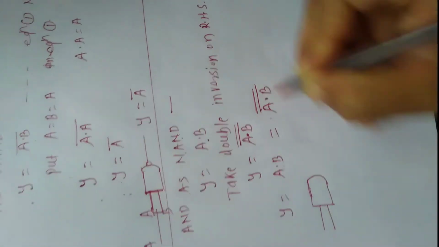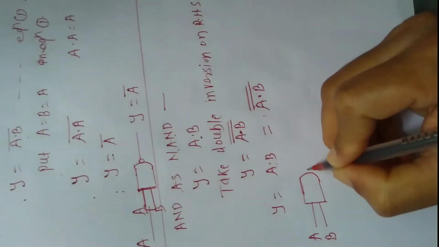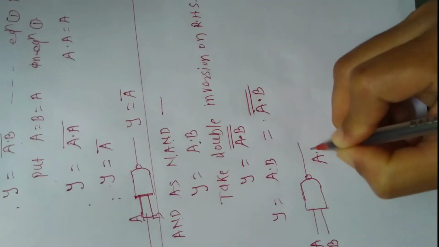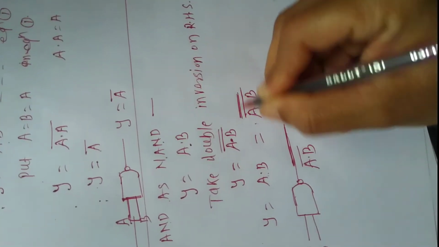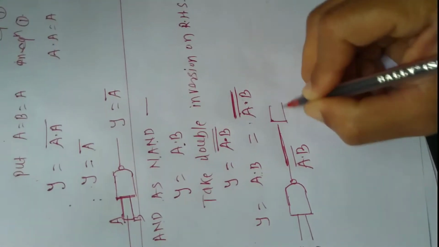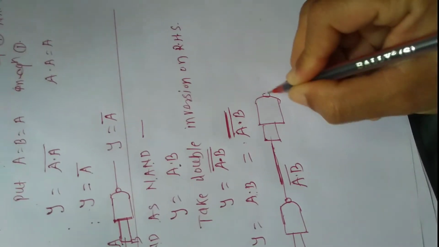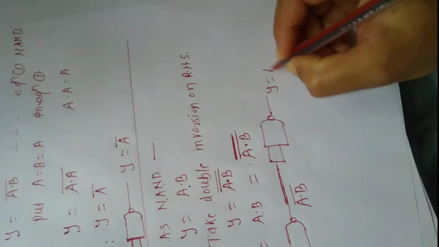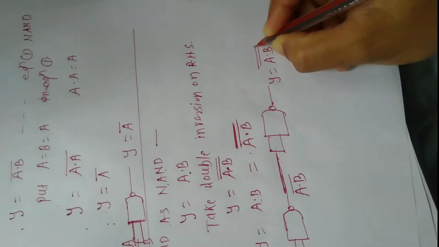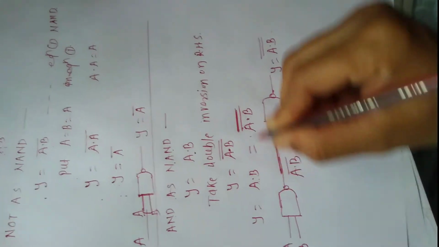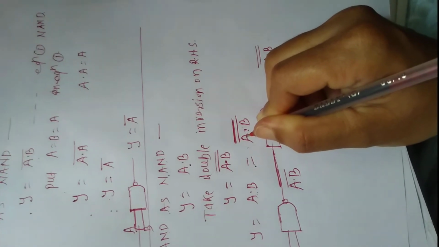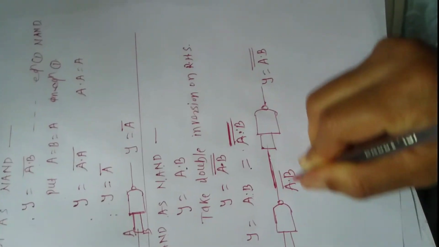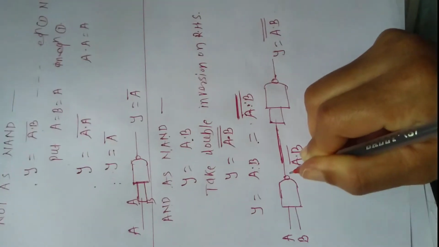So this is a complete bar. With a, b as inputs, the output of this first NAND gate is a into b bar, and another bar is to be represented. So we connect another NAND gate here. The output of this NAND gate is a into b double bar. This a into b is AND as a NAND, that is, this AND expression is represented in the form of NAND, and we draw this expression diagrammatically using only NAND gates. This is AND using NAND.